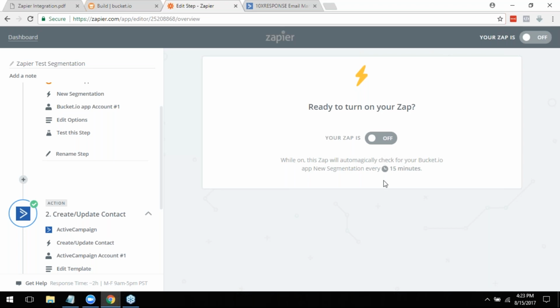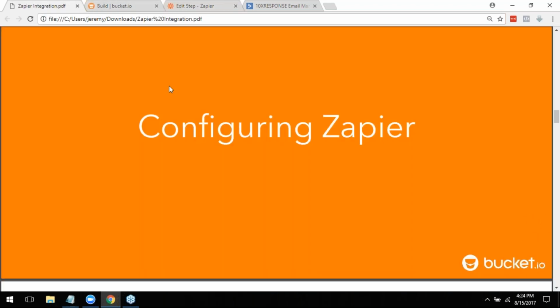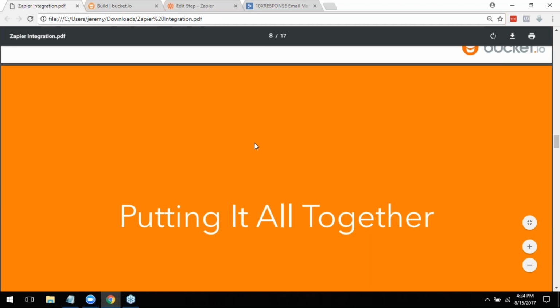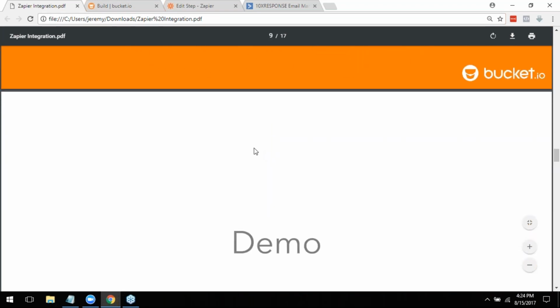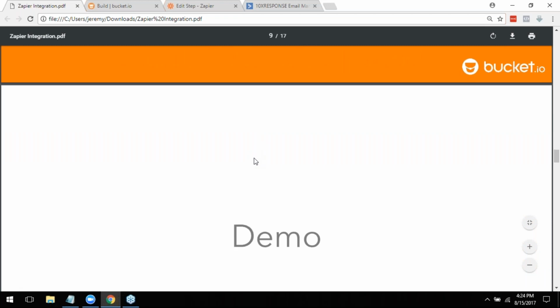But that's the thing. Make sure you heard what I said. Only in the published version. If you're trying to do it in the preview, it's not going to make its way into the email service provider. Those leads won't go into your email marketing service. It has to be the published link. And that's how you connect Zapier. I mean, as you can see, it's not rocket science. It's all pretty straightforward. And then once you have it in, like I said, once you're using the published link,